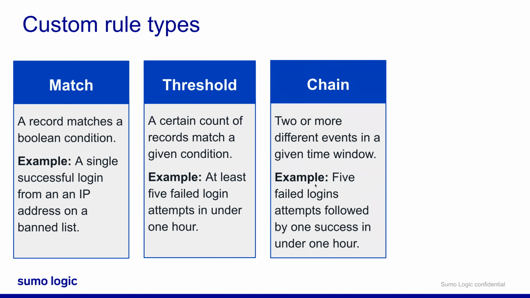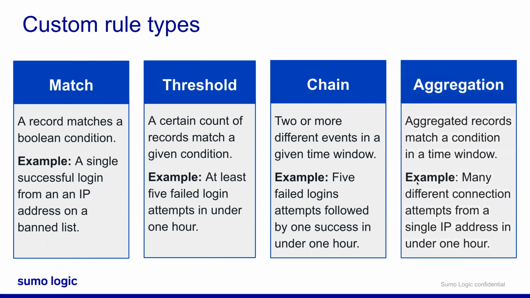And then finally, there's aggregation rules. These aren't used very frequently, but they will be triggered when up to 6 different events accumulate over time. So if you wanted to create a rule that looks for a large number of event types from a single device IP, then aggregation rules would be used. But like I said, they're really just not used very frequently.